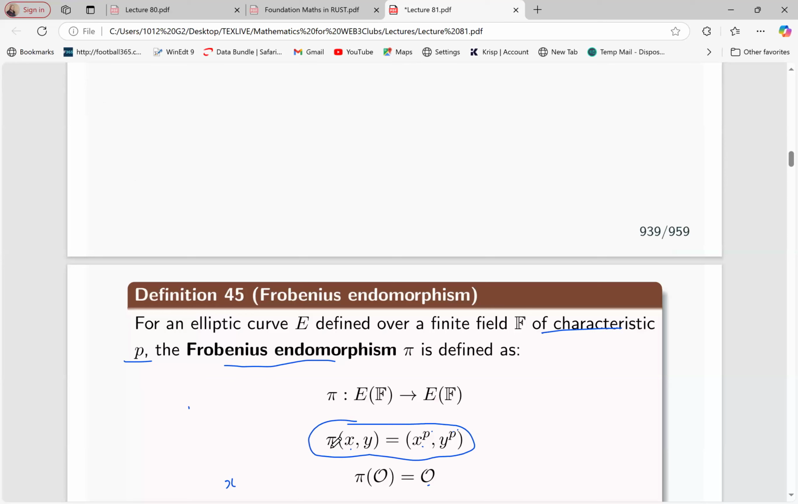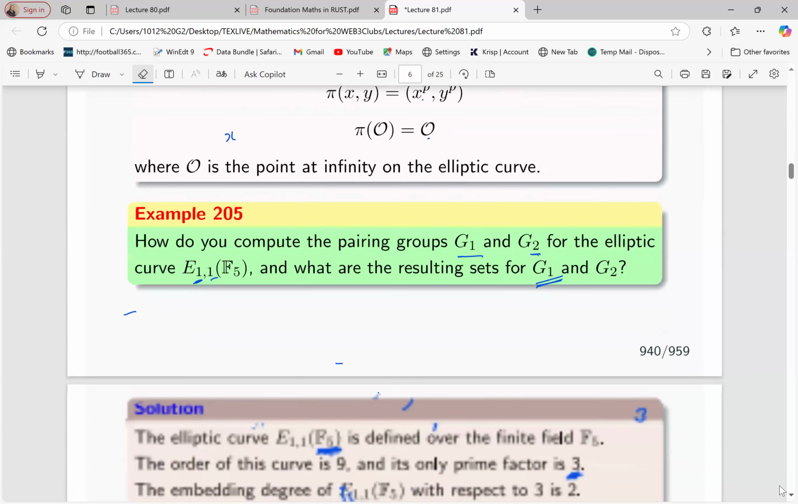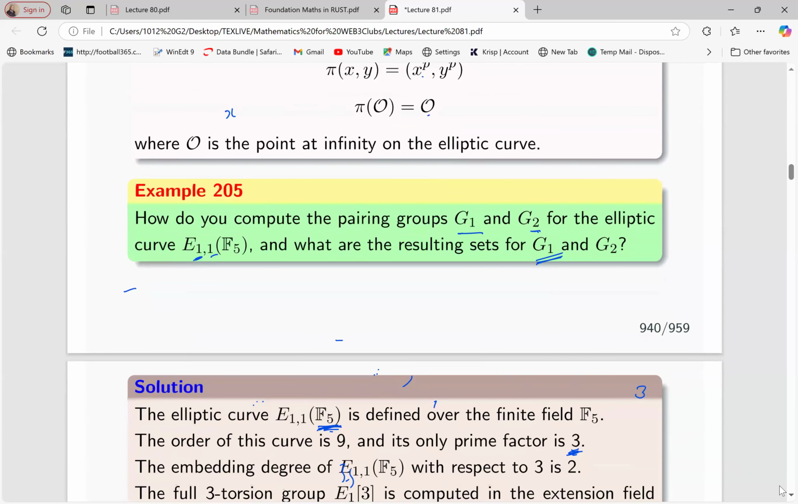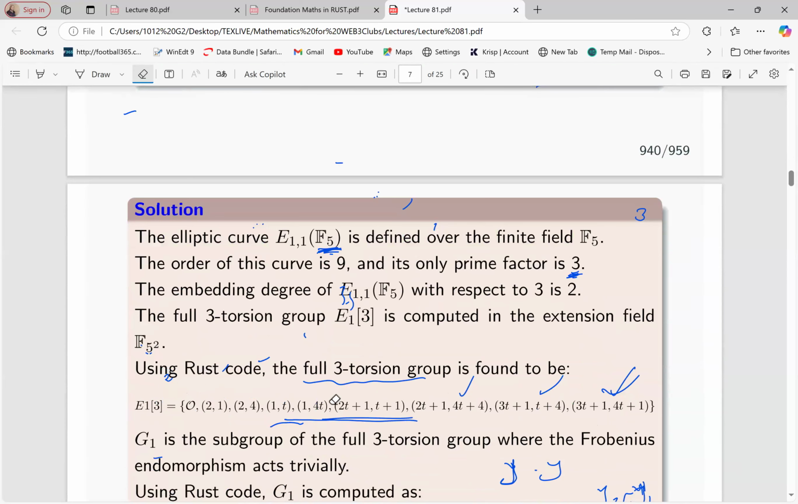And particularly this map here. The map will be mapping x, y to x raised to p, y raised to p, where p is the mod, or the characteristic. So I'm looking at this question, and now how do we find it? Proceeding with this question we were looking at, how do we find